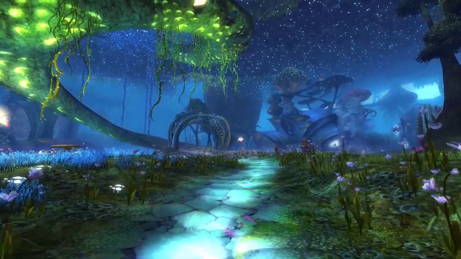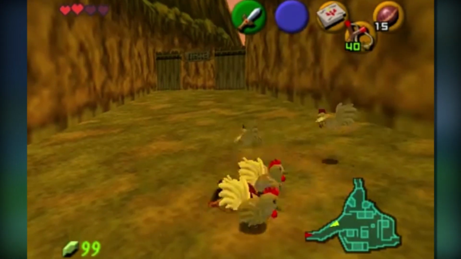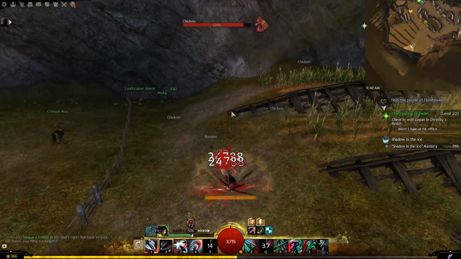Number 3. If you're a fan of The Legend of Zelda, you may be familiar with cuckoos, Hyrule's equivalent of chickens that are known to attack the player in swarms if they attack them. In Guild Wars 2, you can find an Easter egg that pertains to them. If you go to the region of Ebonhawk, you will find chickens that go against the standard trend of ambient